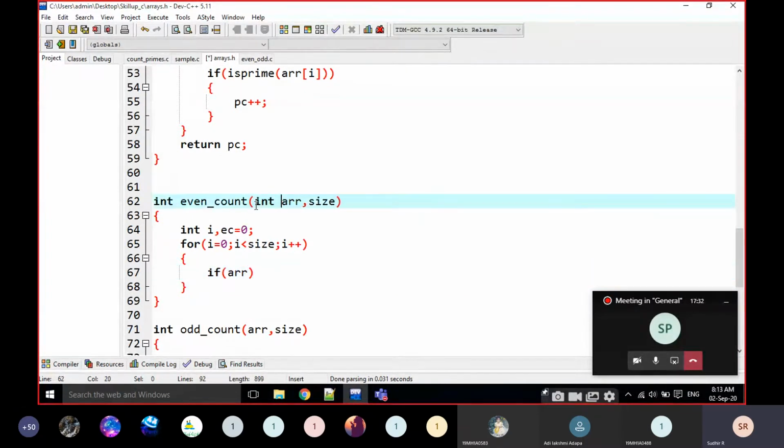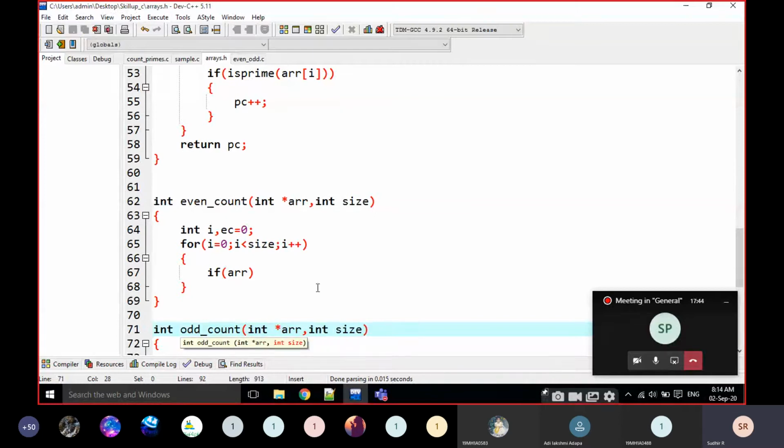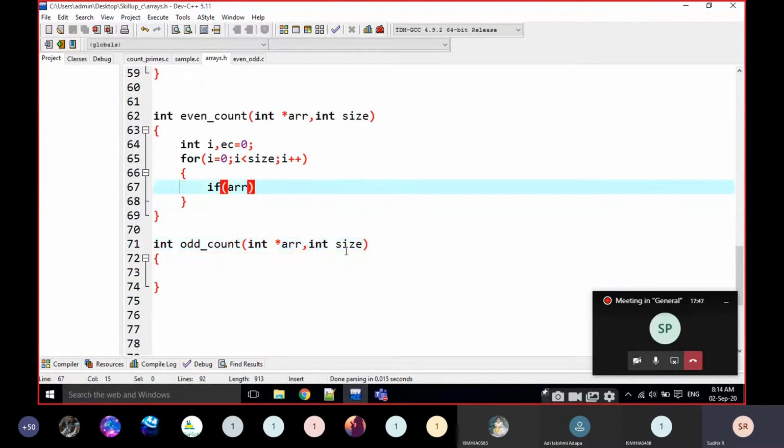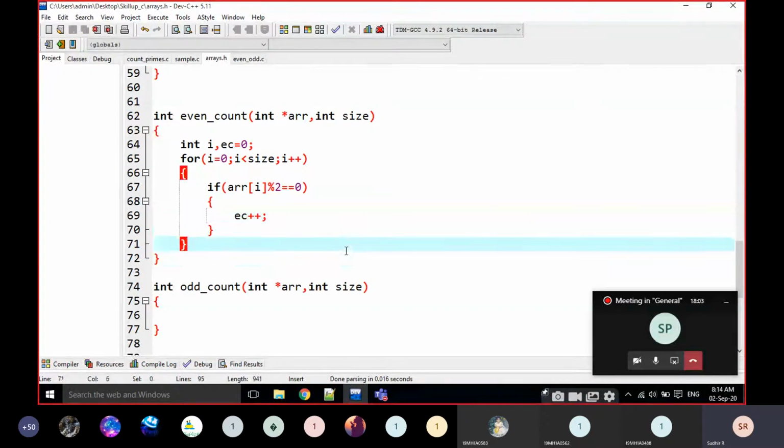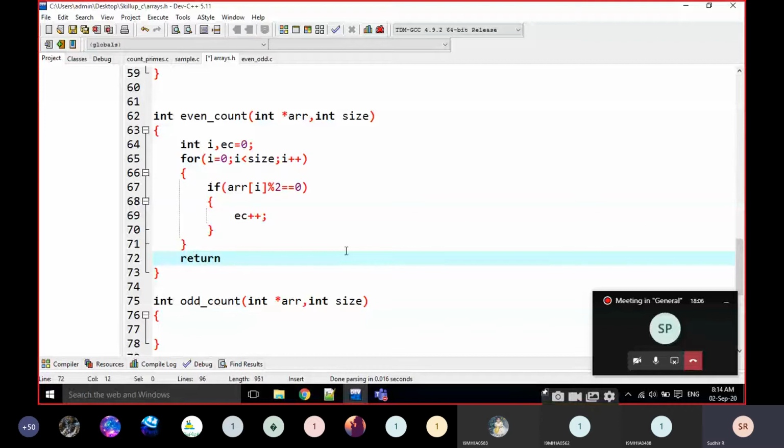I am going to write int star, this is going to be int size, and this is going to be int star. These are the variables, right? This is the int size. I am going to write if ARR of I mod 2 is equal to 0. That means if the number is even, I am going to increment EC plus plus. Okay, that's it. Return EC.